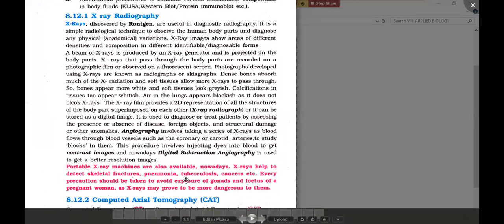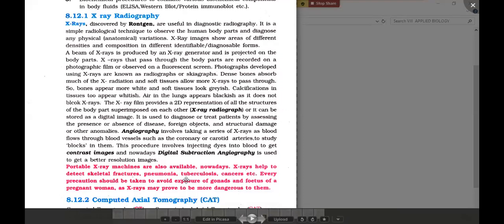One X-ray equals the exposure of radiation from the earth, which we are exposed to in general over 10 days. In that way, it is a minimum effect. First of all, you need to understand that exposure to radioactive rays is very common; from the earth also we get radioactive exposure. One X-ray means 10 days of the general radioactive exposure coming from the earth. So in that way it is not much harmful.